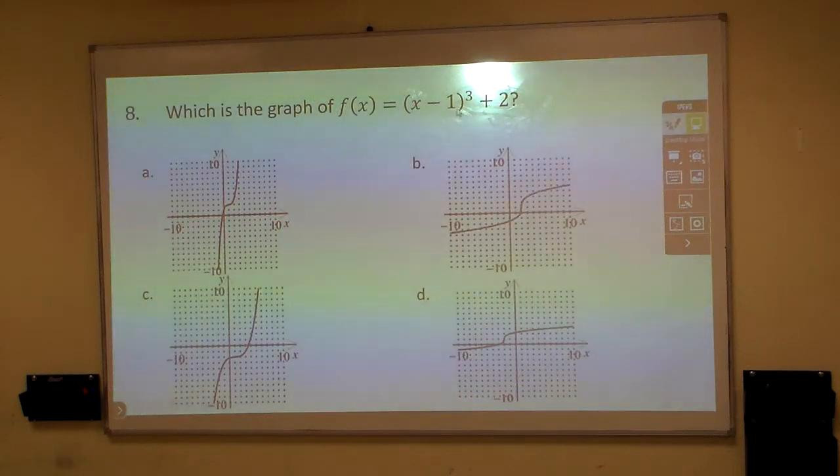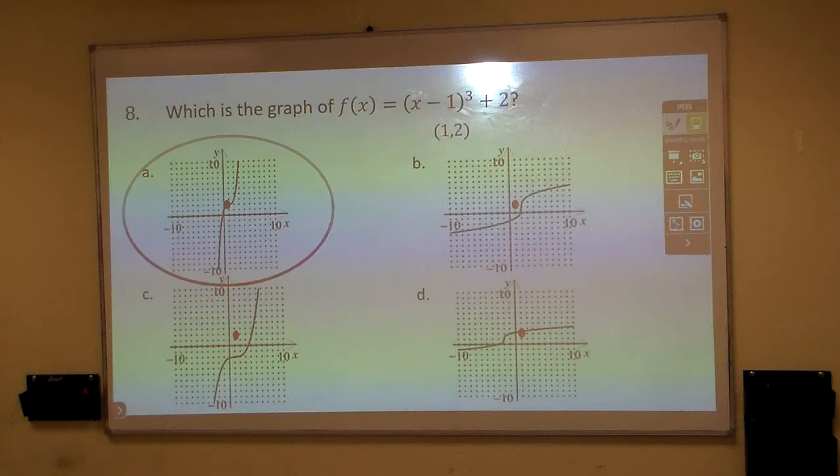Well, notice this is a horizontal shift not left, but to the right 1 and up 2. And it is a cubic, so these two here are cube roots. Those are cube roots by the way that they're not going out more than they're going up. So I know it's not B or D. And if we look at our points there, the only one that hits that point (1, 2) is that graph right there, choice